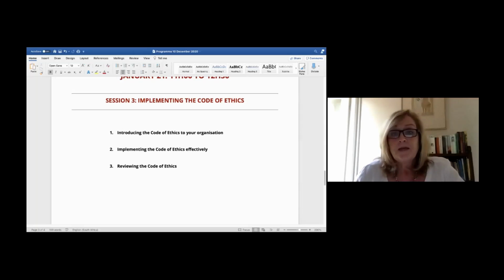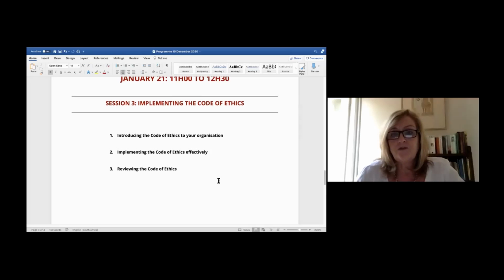At this stage, what I'm going to do is just give you a little bit of insight into the Coalition for Organizational Integrity in Mozambique. The focus is essentially on multinationals because of the impact and the investment that these organizations make in countries where development is so important.